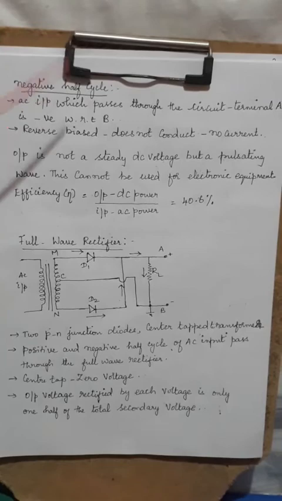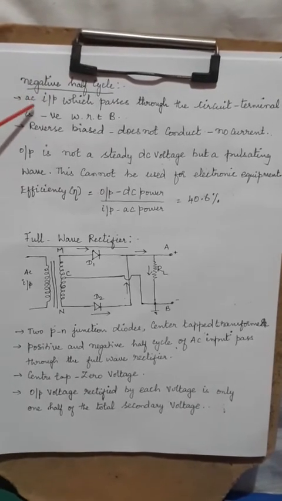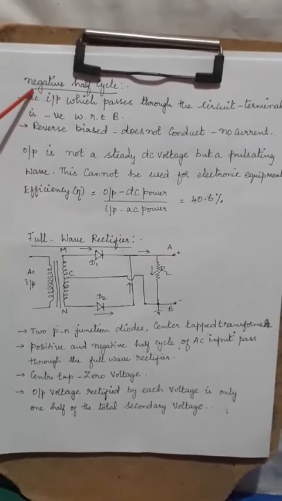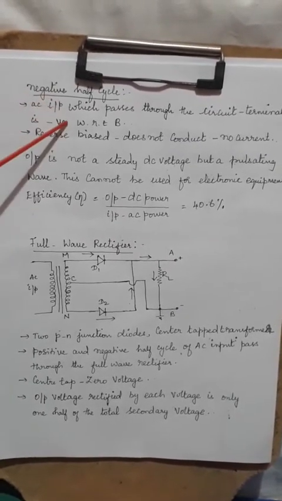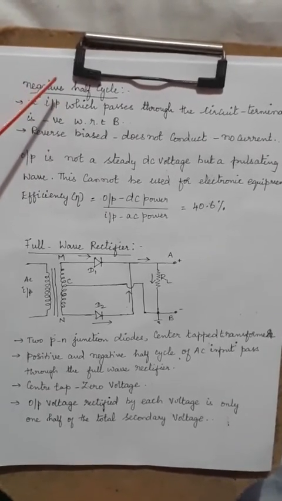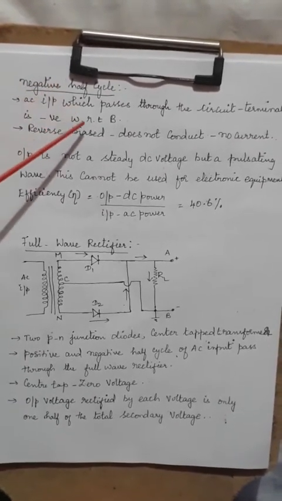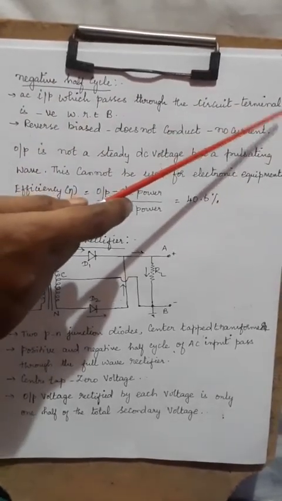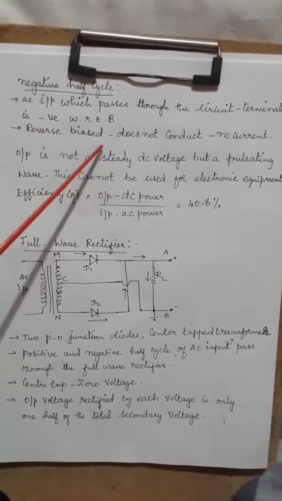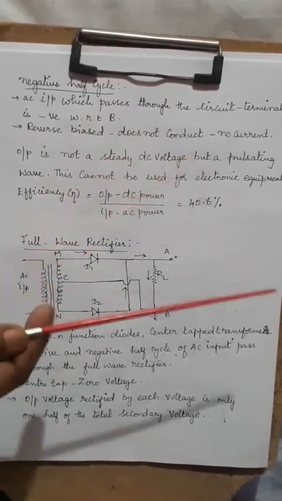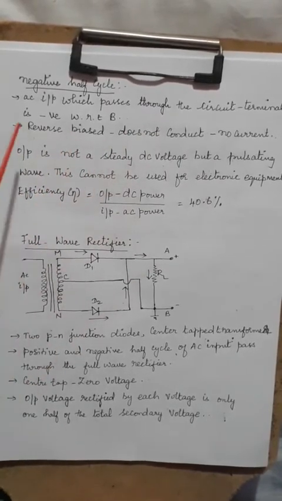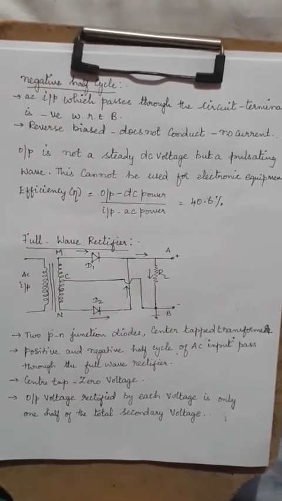During the negative half cycle, the positive and negative charges have interchanged, where earlier there was a positive terminal at A and negative terminal at B, but here there is a negative terminal at A and positive terminal at B. So it turns into reverse bias, and naturally it cannot conduct. So what happens is that you will not have the negative cycle of the AC input.